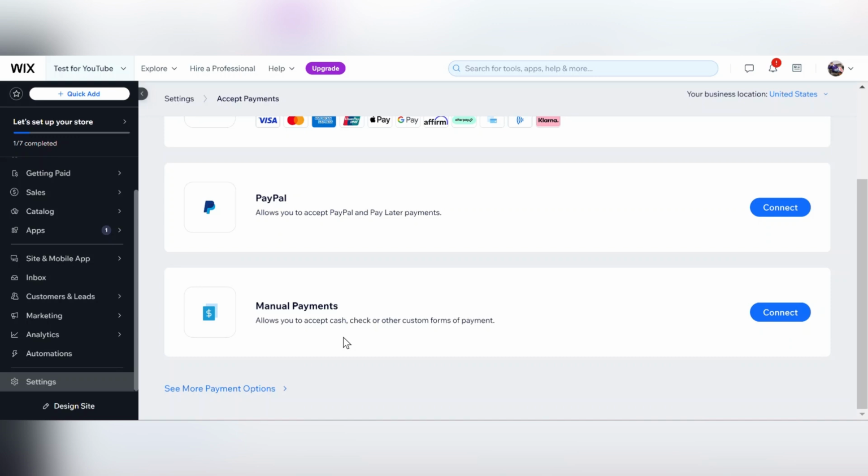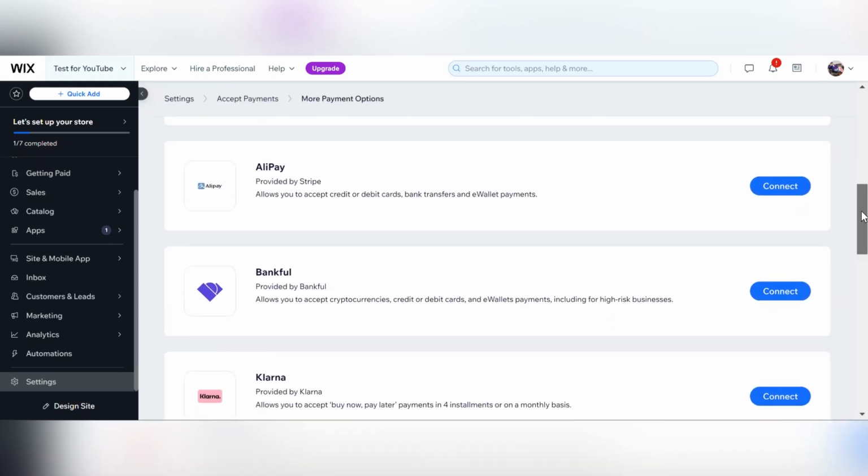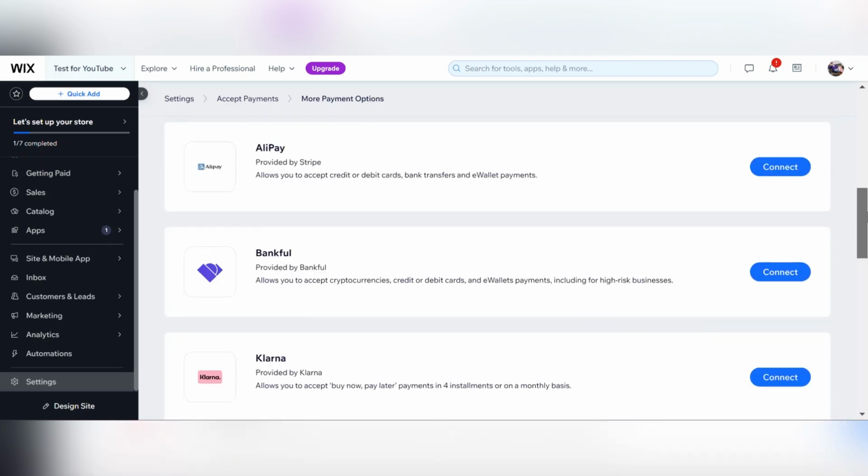If they don't end up paying you, you do need to let your book of business know, hey, this was not fulfilled, this was never paid, et cetera, et cetera. So that's manual payments, accepting cash, checks, and other alternative routes of payment outside of the website. So if I click next, it's gonna give me all these different options. So as you can see,